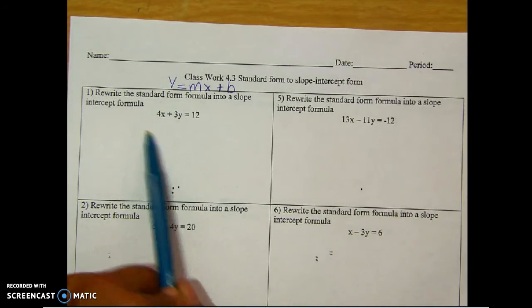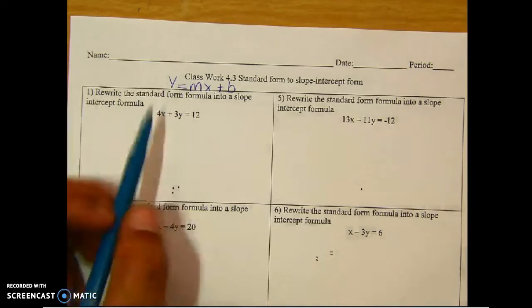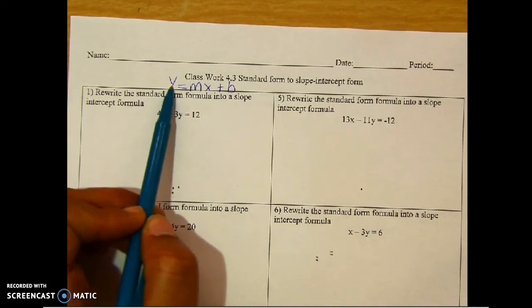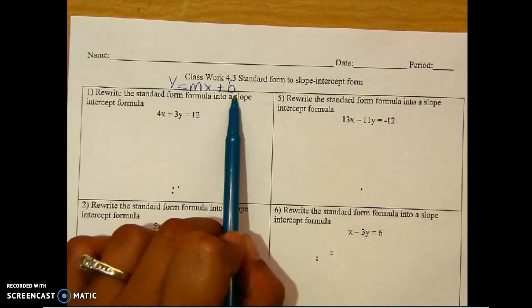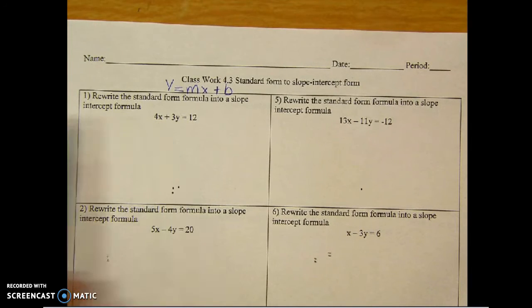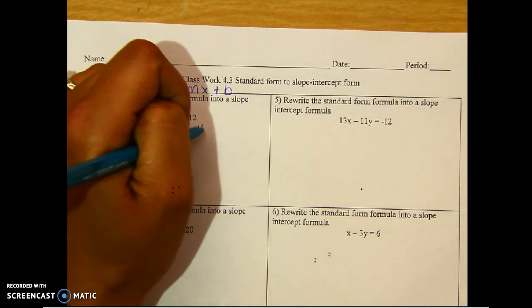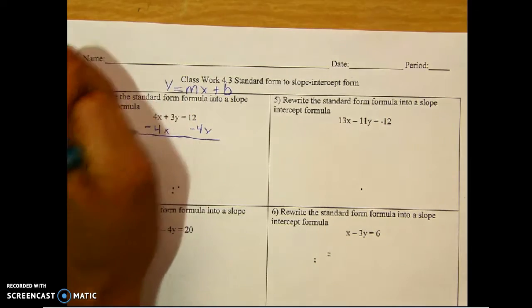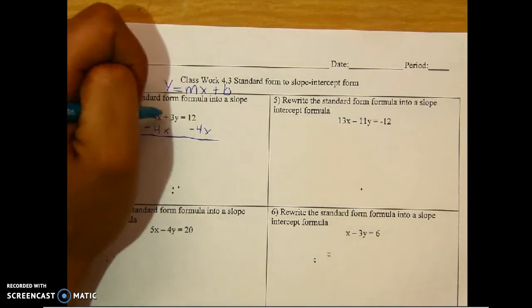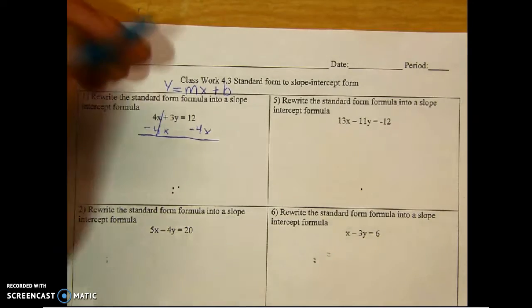These equations are already in standard form, so we're going to keep checking. I'm going to look over here, and I needed to say y equals mx plus b. Y equals, well, my x is in my way, so I'm going to go ahead and inverse that. Let's go ahead and do that now. This will cross out, and I'm going to bring down what I have. So in this case, I have 3y